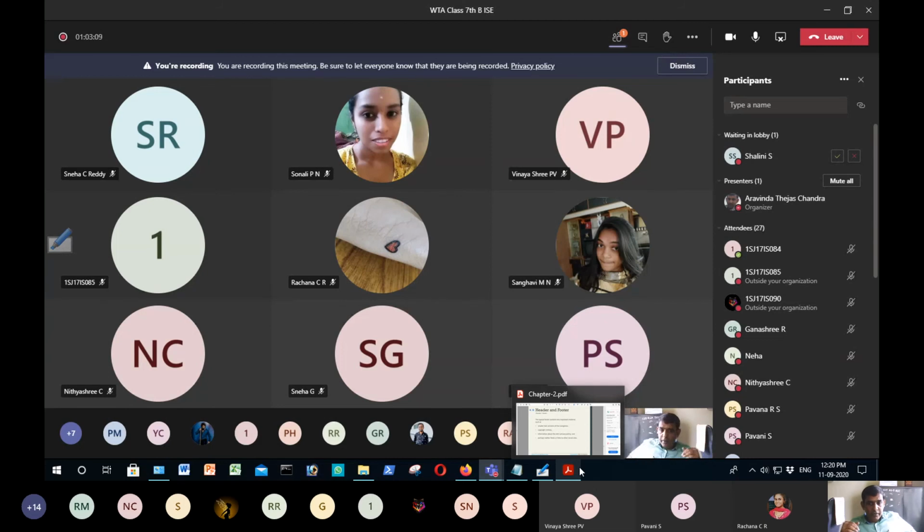And I hope everyone downloaded the source code of your textbook that I have given in your Microsoft Teams. If you have not downloaded, download it. It is in zip format, you can unzip it. For every chapter there is a folder in which all the codes pertaining to the chapter are in the respective folder.